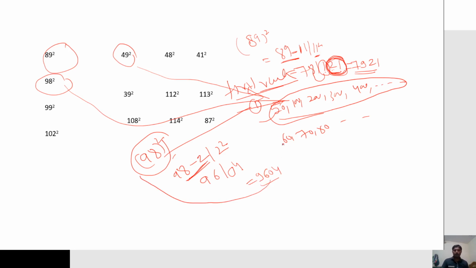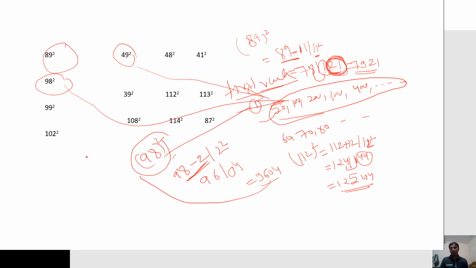And 112. 112 square: how much more than 100? 12 plus 12 gives 124, and 12 square is 144. We always take the right-hand double digit, and the 1 is extra, which we add to 124, giving 125 and 44. This is how we quickly get the squares of high numbers.